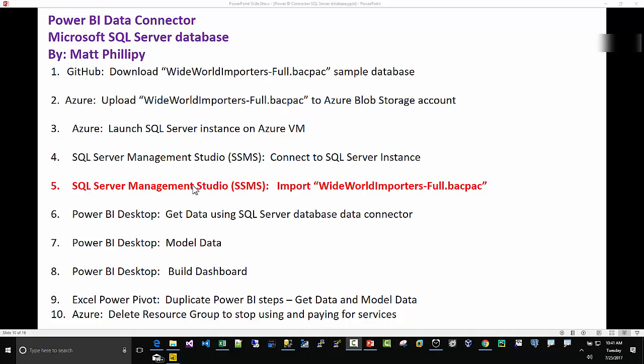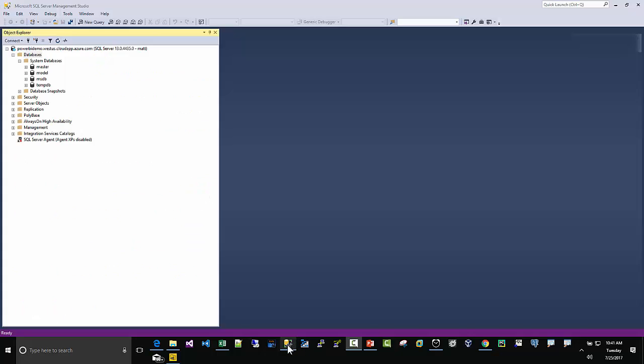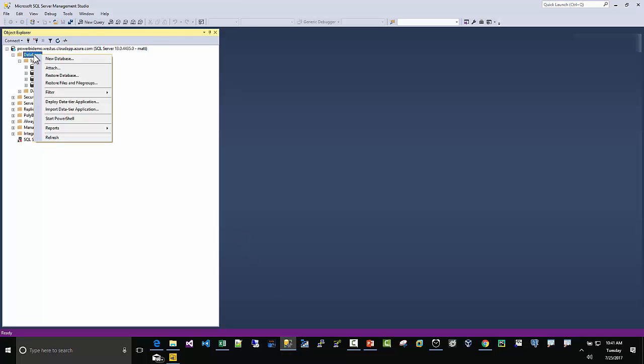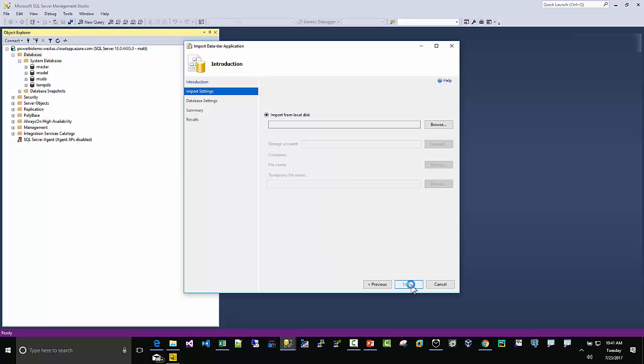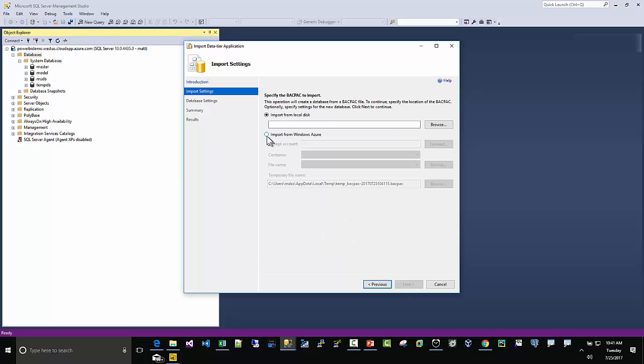Now we're going to import the database. I'm going to go out to Management Studio here, go to Databases, highlight Databases, and right click. I'm going to choose Import Data-tier Application. This is a wizard to import a BACPAC file. I'm going to hit Next. Okay, import from Windows Azure. So I will click on that